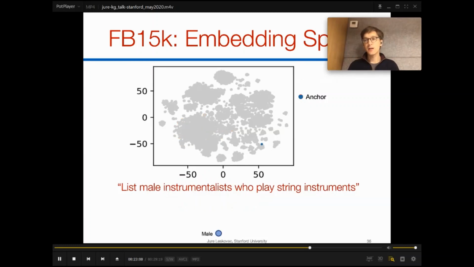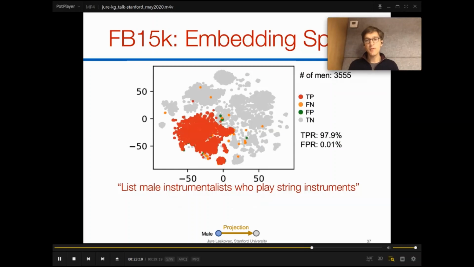Now we want to take all the males in our data set. We start with a male anchor node denoted by the blue dot, and again we now apply the projection operator. We try to cover all the males. We have 3,555 different males in our data set, and as we apply this box operation, we are able to cover 98% of them. So our true positive rate is 97.9. Now that we have the two boxes in our high dimensional space, the box of males and the box of string instrumentalists,